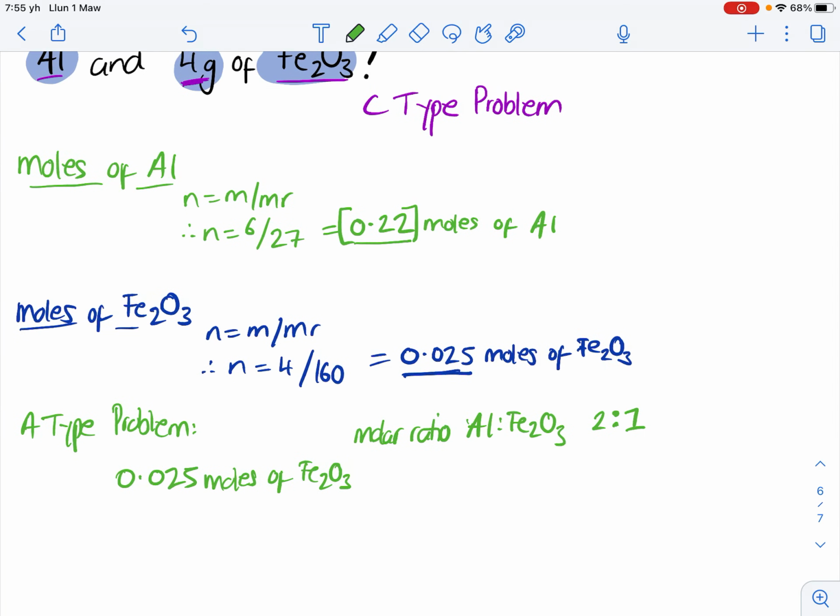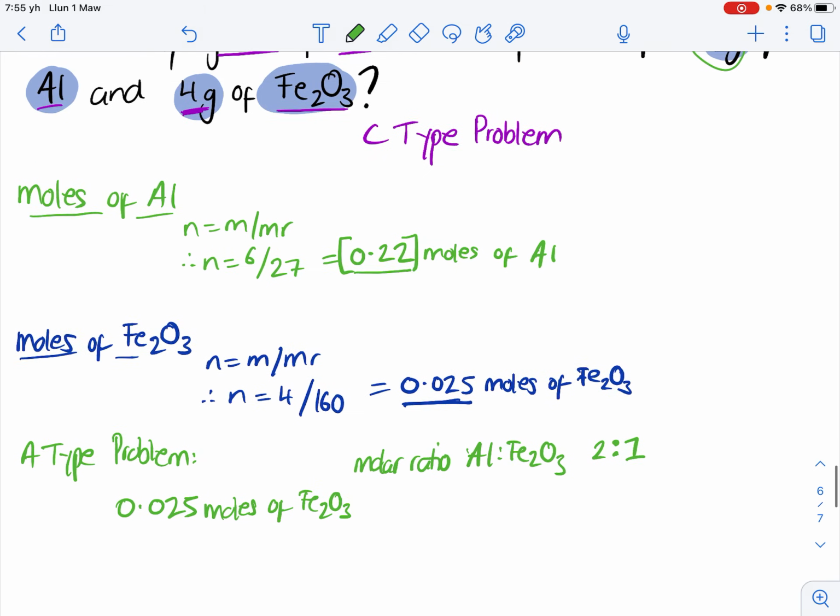So in order to work out my moles of aluminium, I'm simply going to take the number of moles of iron oxide and multiply it by my conversion factor, which is going to be 2 over 1, because I'm trying to find out the moles of aluminium. Okay, so that's why the 2 needs to be on top there, and I get 0.05 moles